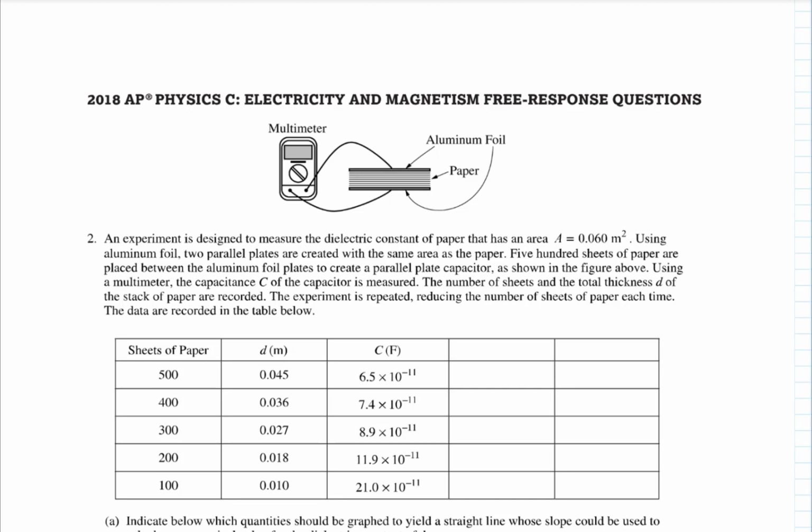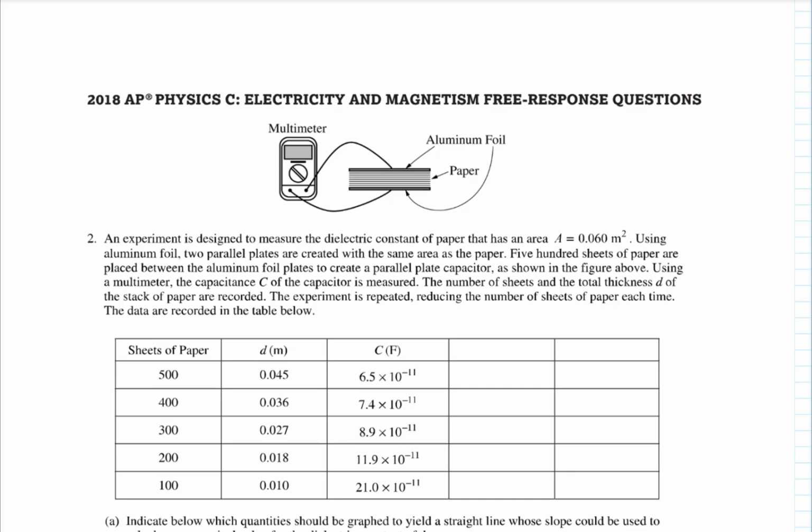So here we go. We have an experiment to measure the dielectric constant of paper that has an area that's given there. We're going to use aluminum foil. Two parallel plates are created with the same area as the paper. We've got 500 sheets of paper placed between the plates to give us a capacitor as shown in the figure above. We're going to take a multimeter and measure the capacitance with it. It's a fancy multimeter. The number of sheets and total thickness of paper are recorded below. The experiment is repeated, and we're just going to pull out paper each time,